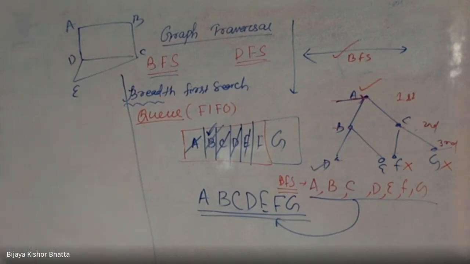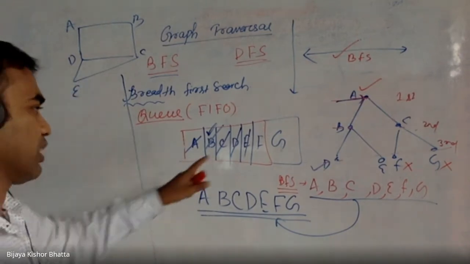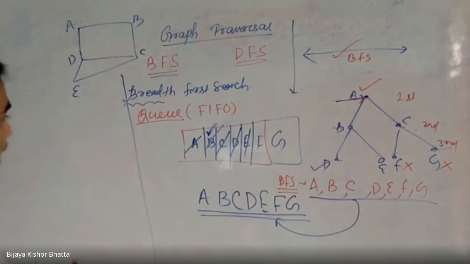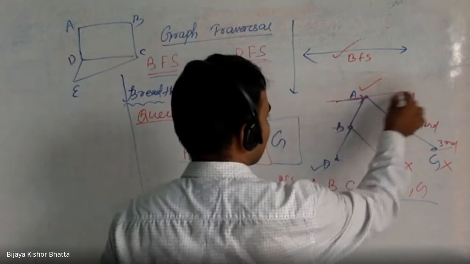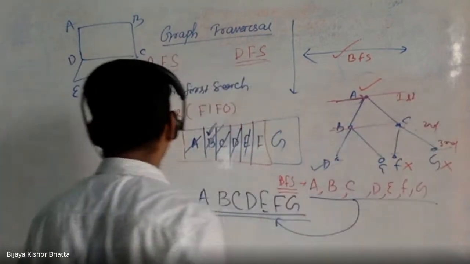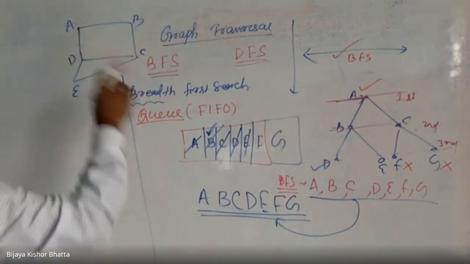I will follow the same steps; there is no difference. This was a tree structure for your explanation. In a tree, by looking at it you can directly say this is the first level, this is second, this is third. But here you cannot say that immediately. Suppose you are starting from A. How will you do it?